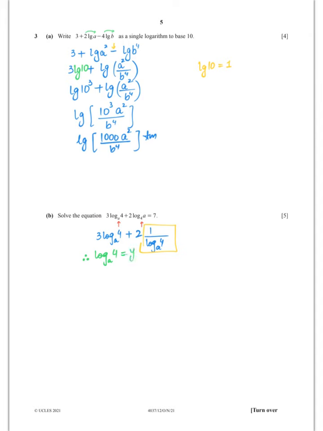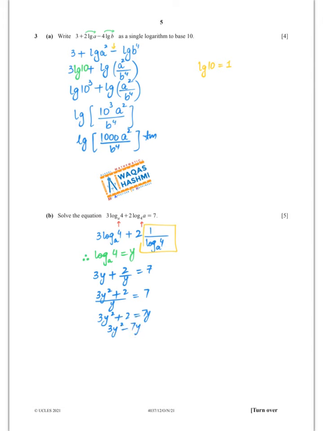equals to y. Now my equation will be 3y plus 2 over y is equals to 7. Alright, I can take the LCM, it will be 3y square plus 2 divided by y equals to 7. I can do the cross multiplication, 3y square plus 2 equals to 7y. I can arrange the equation 3y square minus 7y plus 2 equals to 0, and now I can do the